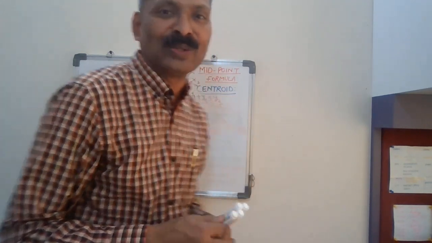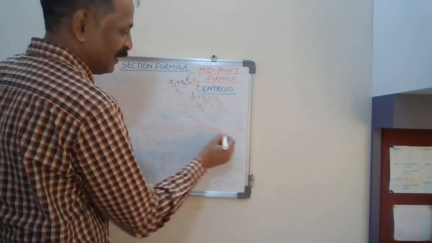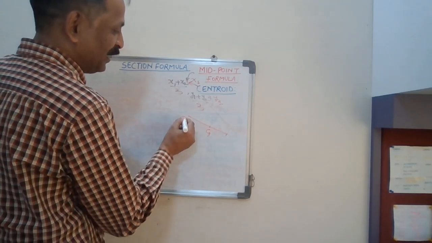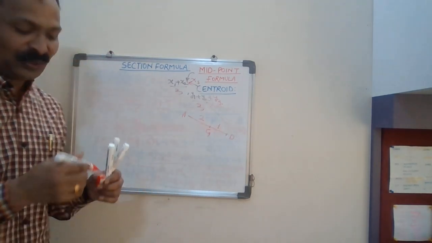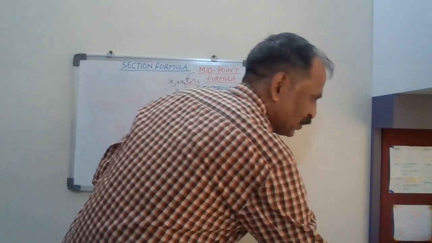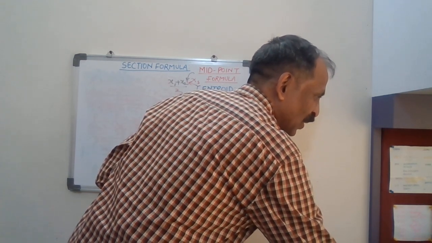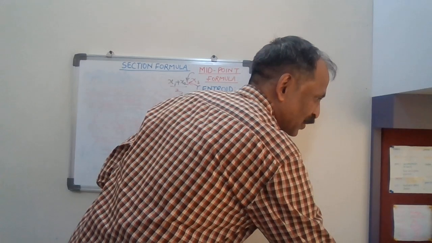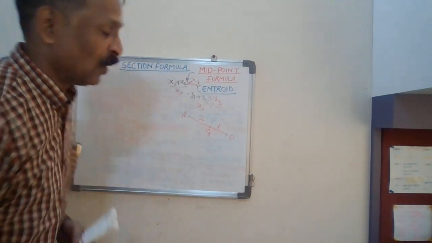Centroid divides the median in 2:1. Please remember that also. If the centroid is given, they may ask you, and it will divide the line AD in 2:1. That is the property you should know. It is a very simple question. You can find the centroid when all 3 coordinates are given, or when they have given you the centroid, then you can find the coordinates of any unknown